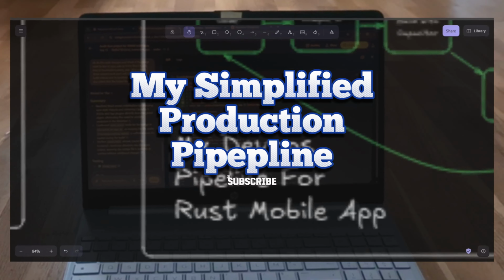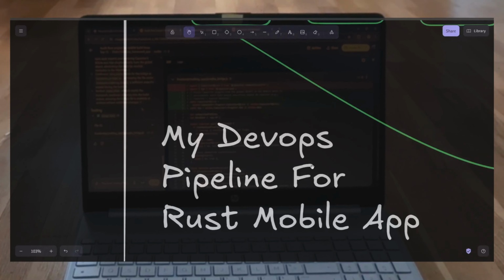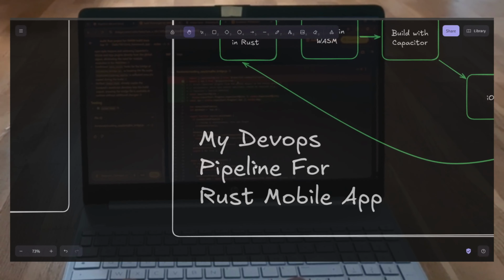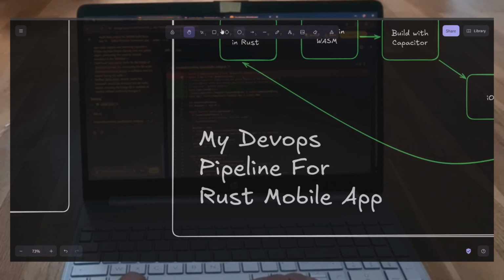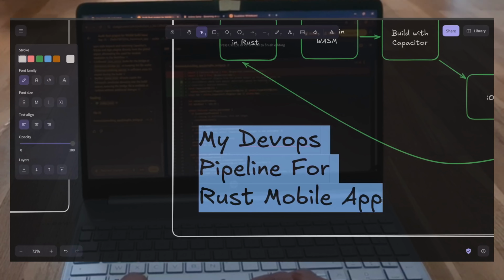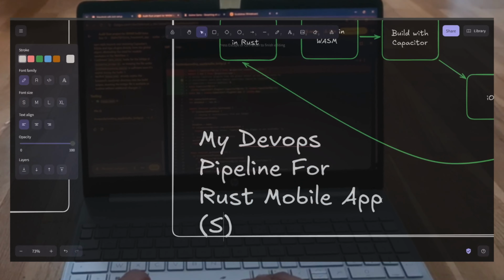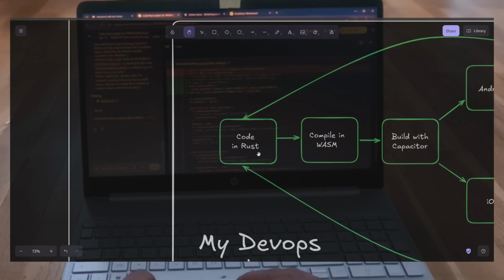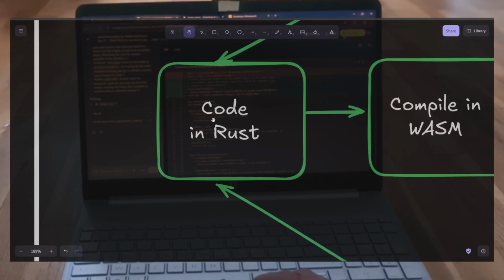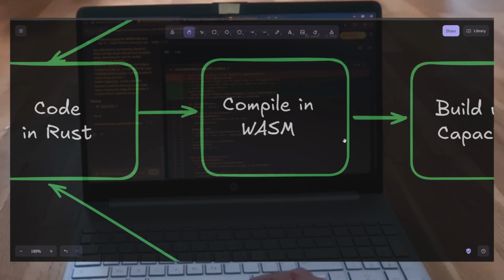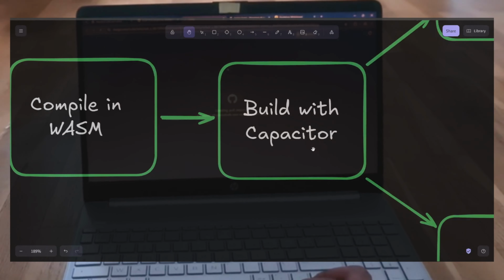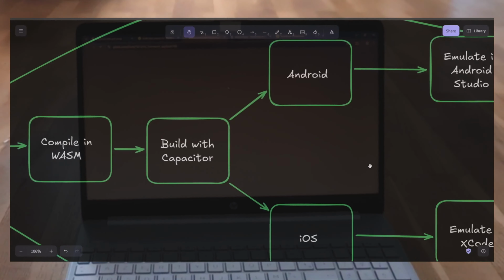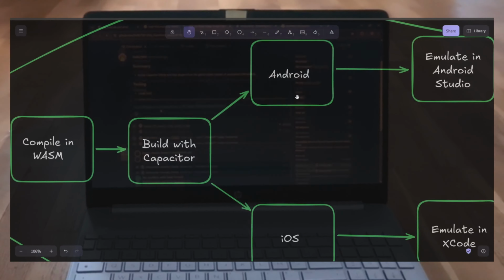My simplified production pipeline, so my DevOps pipeline for Rust mobile app. I didn't put the test, I just put a simplified version, so we're gonna just look at it. Okay, so I code in Rust. I compile in WASP. I build with capacitor. After from here, I have two different solutions, two different roads, Android or iOS, NPX cap,